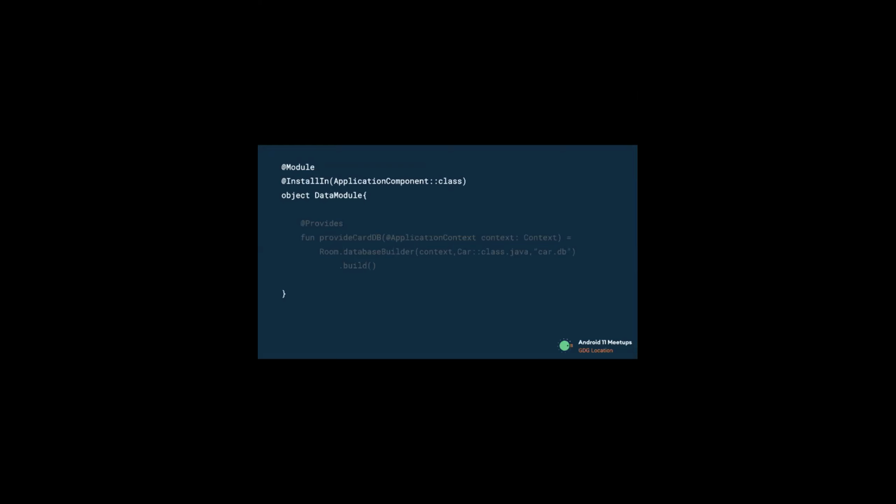Basically, a Hilt module is a class that is annotated with the Module annotation. It informs Hilt how to provide an instance of a certain type, like in this case, our database. We also need to annotate the Hilt module with the InstallIn annotation to tell Hilt which Android class each module will be used or installed in. In this case, we just need to build our database and provide it in this function.